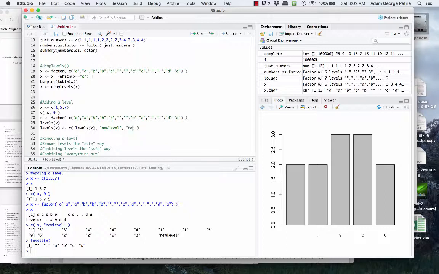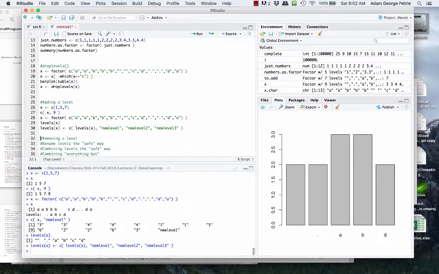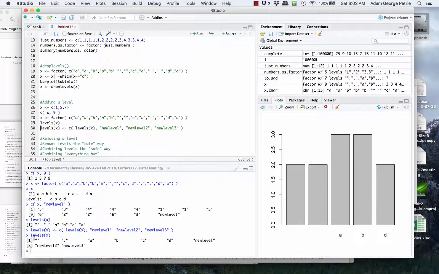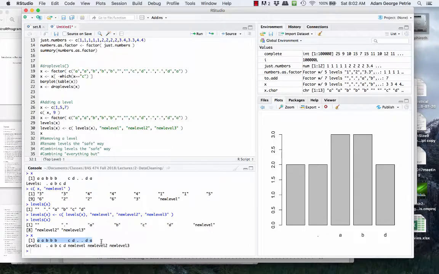And I could put in more than this if I wanted to. I could say new level 2, new level 3. I could put as many new levels as I wanted here. But the key thing is I need to take the values that the levels vector currently contains and make a vector with that and all of the new levels that I want it to have. So once I do this, you'll notice that if I print out the levels vector of this categorical variable, we have these 3 new values, meaning that these are 3 new possibilities that values inside that categorical variable can take. If I print out the contents of x, I see that, yep, the levels vector has been updated. I don't have any of these 3 new levels,